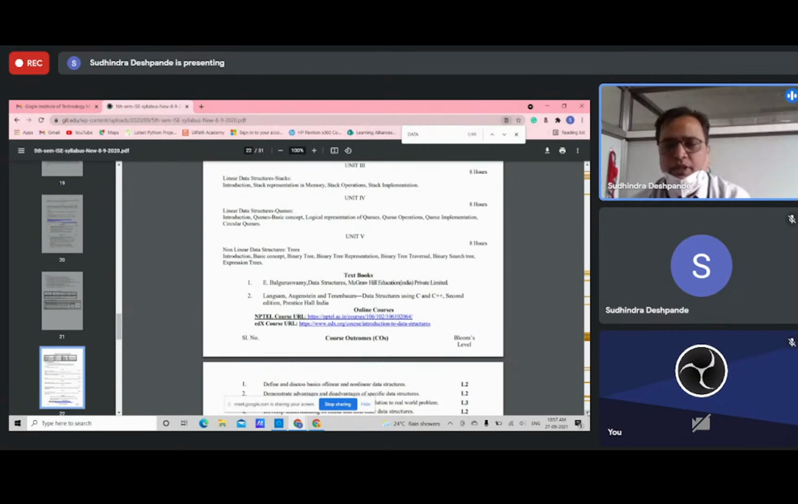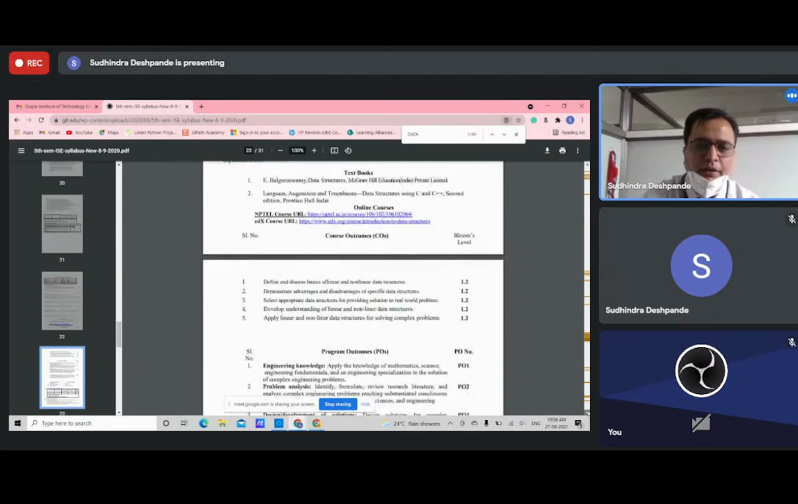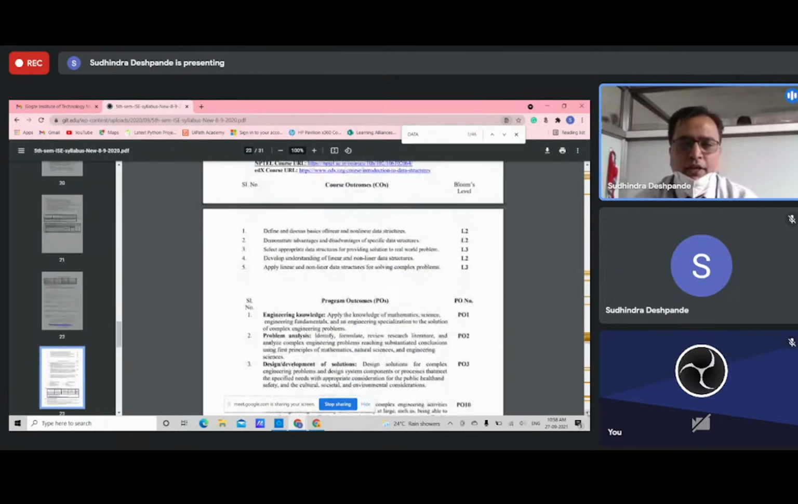So the basic requirement for this particular subject to be taken up as the open elective is you should know any one of the programming languages, C or C++ thoroughly, because the programs that you will be writing in this particular course will be of a little higher level compared to the programs that you write in first year of engineering. Okay, so at the end of the course, the student will be able to define